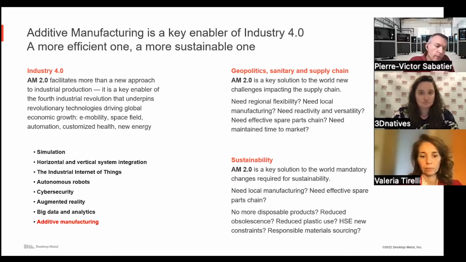So maybe the first point I wanted to highlight is the fact that additive manufacturing or 3D printing is just one of the pillars of Industry 4.0. Industry 4.0 is an evolution of the industry to adapt to this new world and to all the challenges we see right now. So we speak about cybersecurity, we speak about simulation, big data, and as a company now, even a small and medium business cannot escape or avoid the big data topic or cybersecurity, because everything is based on this cyber world today.